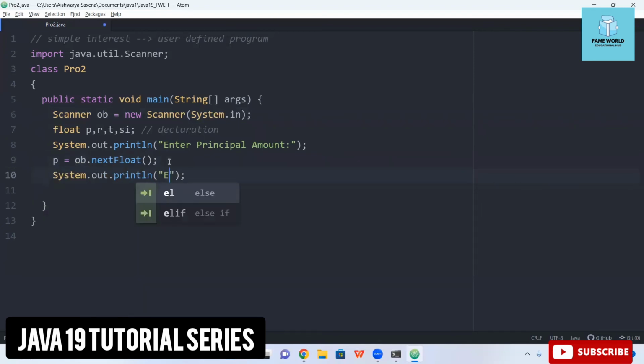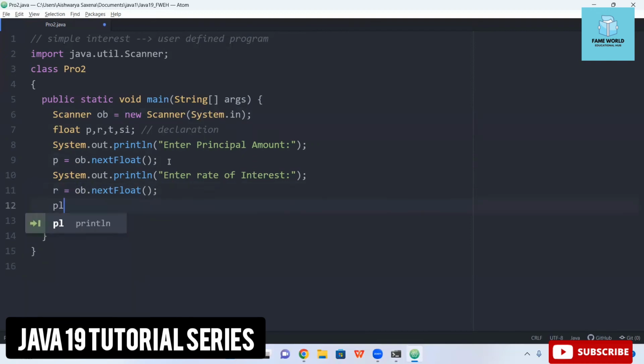Now I am just going to ask the user to enter other values also. Enter rate of interest. So I am taking here R equals ob.nextFloat, because everything we have taken in float. Then enter time. Time you can take in integer also. I have just taken a